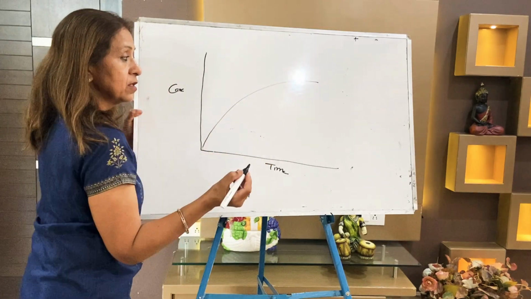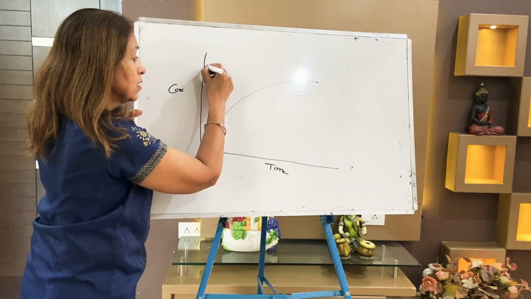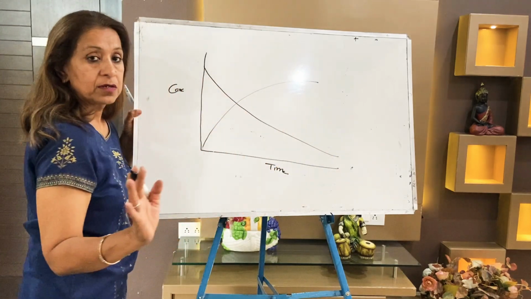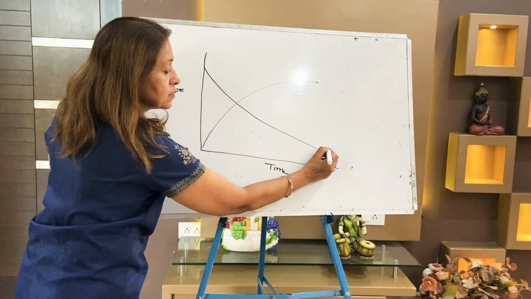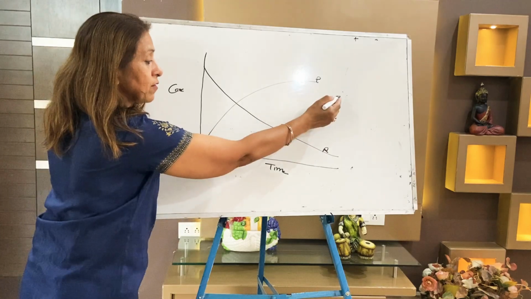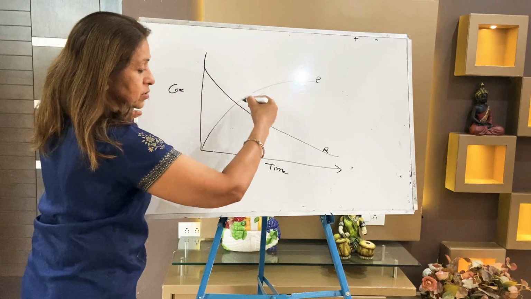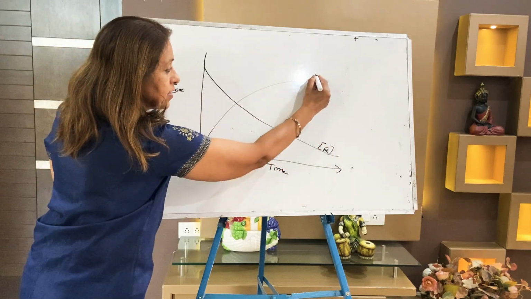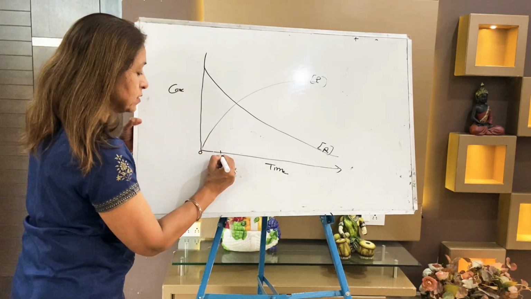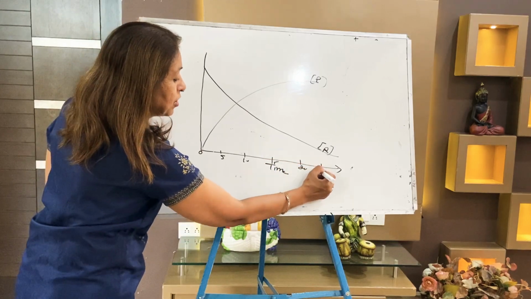One of these is of the product. When time increases, product concentration increases. But when time increases, reactant concentration decreases. Now you write reactants, so that you don't forget, and this is the product side. This is the curve of the product. When time increases, the concentration of product increases. When time increases, the concentration of the reactant decreases. Now let us start at 0, then 5 minutes, 10 minutes, 15 minutes, 20 and 25, and so on.